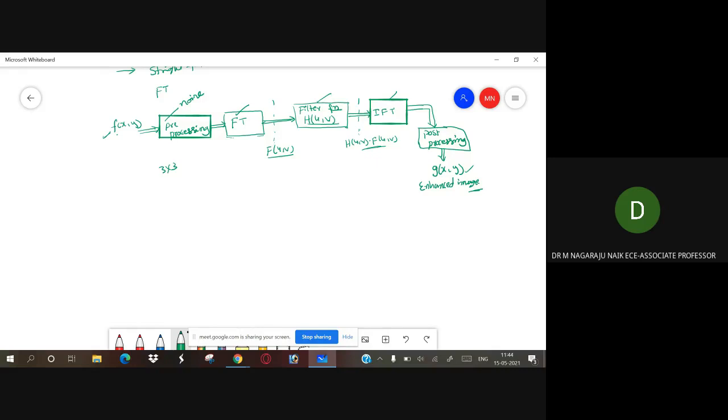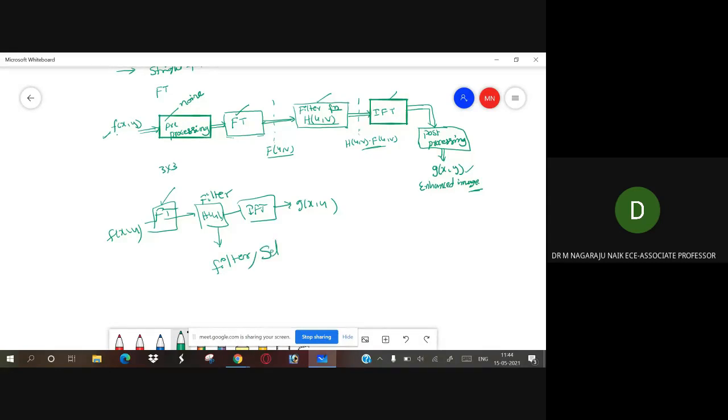Then coming to the first one, what is the major problem in this one? Applying the Fourier transform, right? And H of u comma v, that is the filter, then the inverse transform, then g of x comma y. Now this is f of x comma y. Simple. Now we already know what the Fourier transform is, and we can apply the Fourier transformation directly. And the major difficulty in the frequency domain method is how do you select a filter?